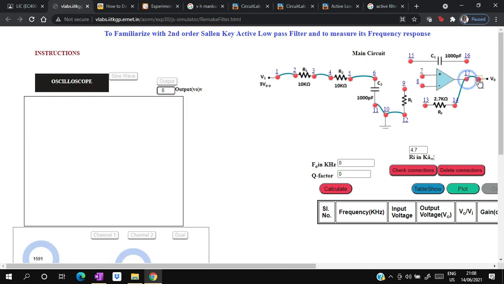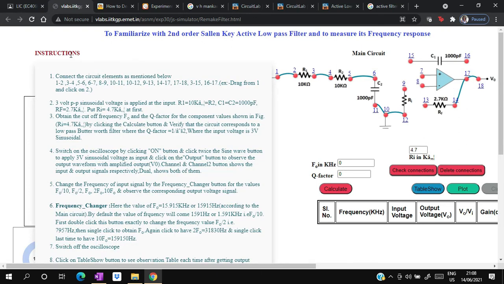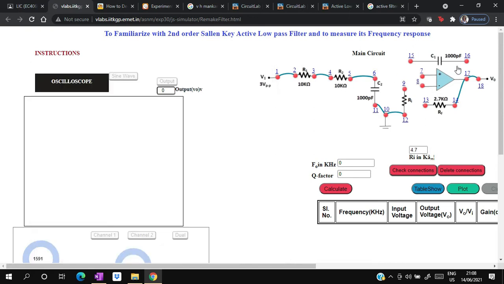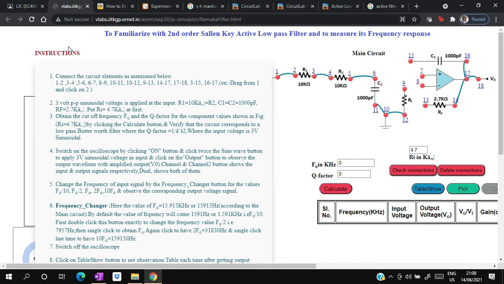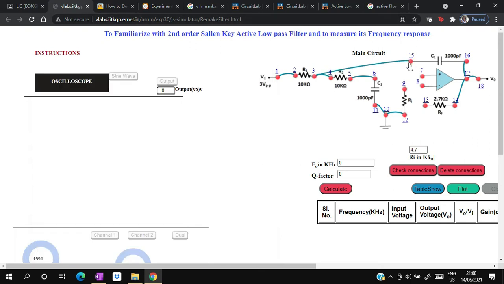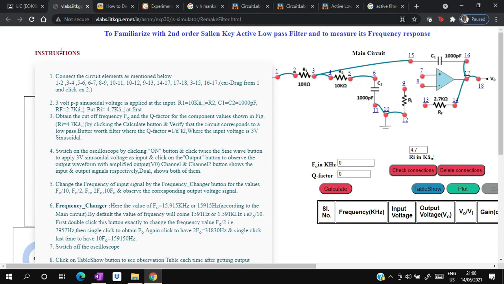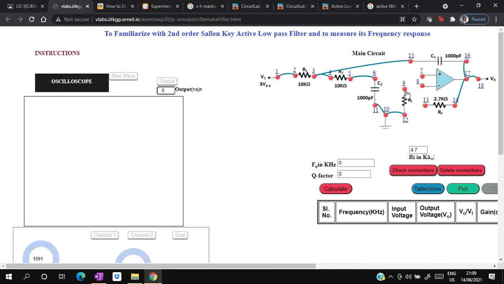17 to 18, then 16 to 17, again 14, and you can connect 3 to 15. Then you have 10 to 12 that you connected, 9 to 13.